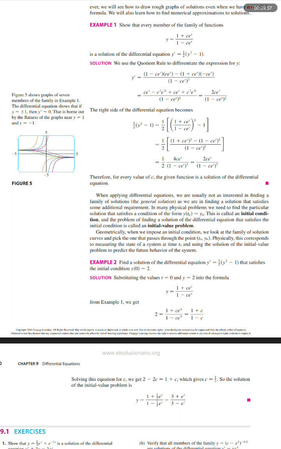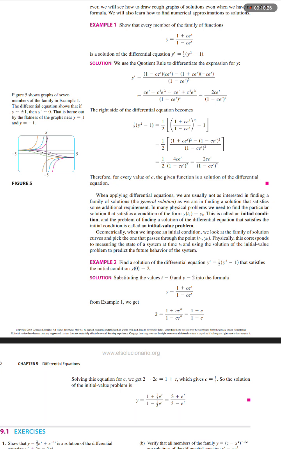Example 2. Find a solution of the differential equation y' = 1/2 (y^2 - 1) that satisfies the initial condition y(0) = 2. Solution. Substituting the values t = 0 and y = 2 into the formula y = (1 + c e^t)/(1 - c e^t)